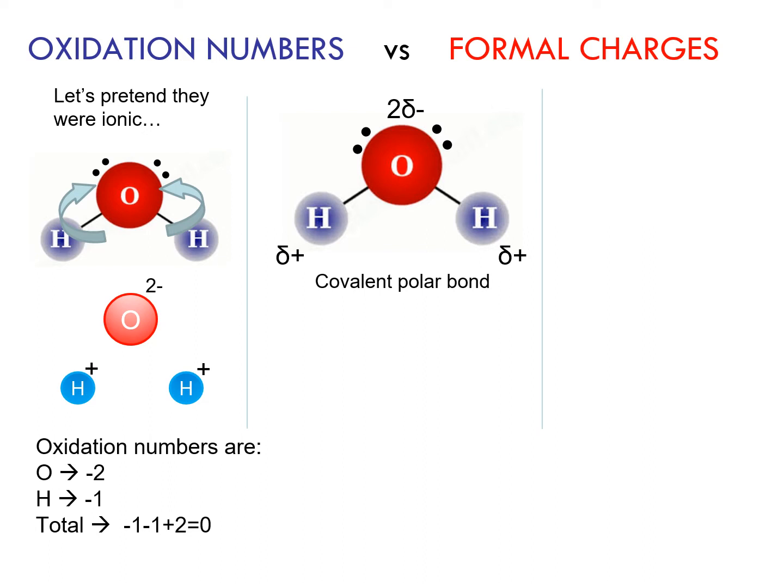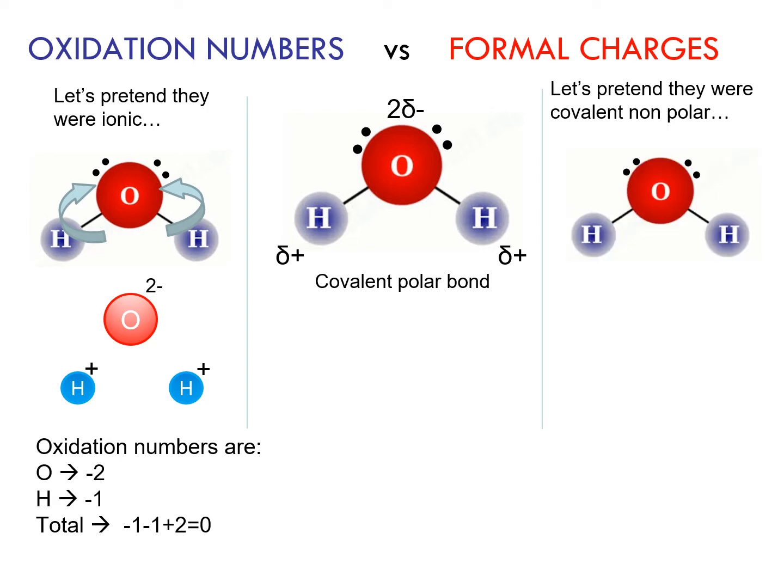It's kind of the specular thing, the mirror thing. We pretend that all the bonds are covalent, non-polar, in which case, when we break the bonds, the bonds would break exactly in the middle, and the electrons would go half one way and half the other way. So what I do when I calculate formal charges, I use this method that I call the bubble method, because I draw a bubble so that the bubble cuts in half all the bonds. And then you count what's inside the bubble. In this case, I draw the bubble only for oxygen, but you could draw 2 little bubbles for the 2 hydrogens as well. So then you count how many electrons you have inside each bubble.